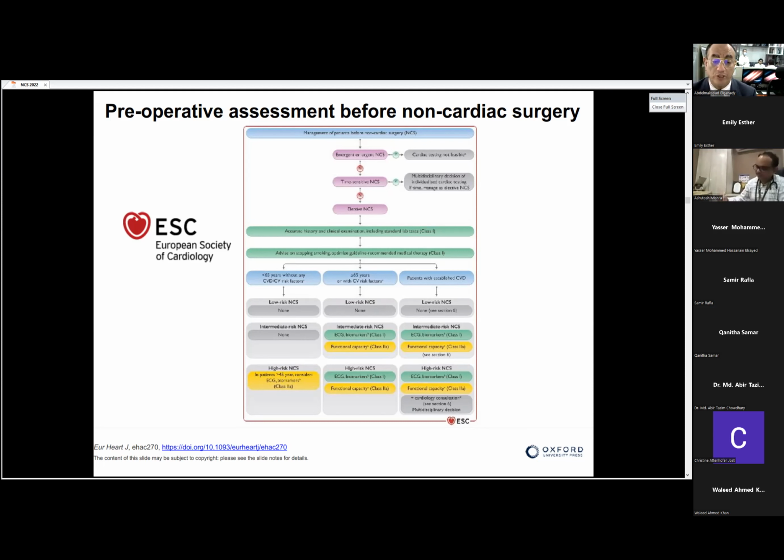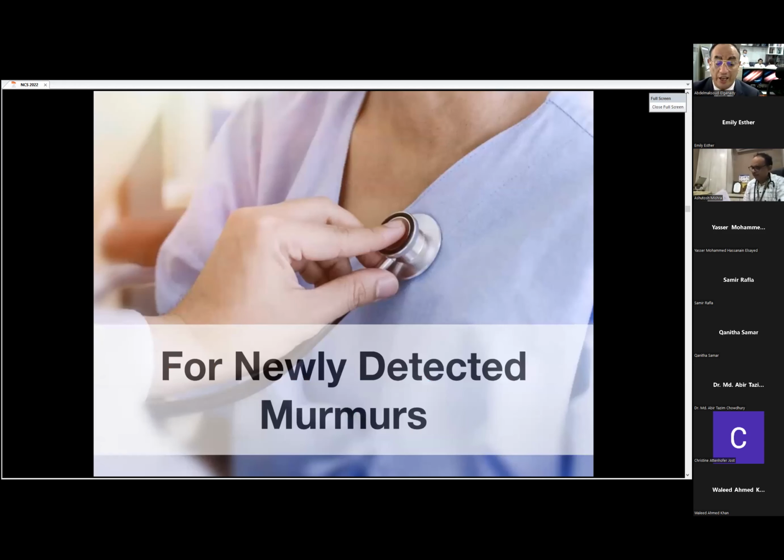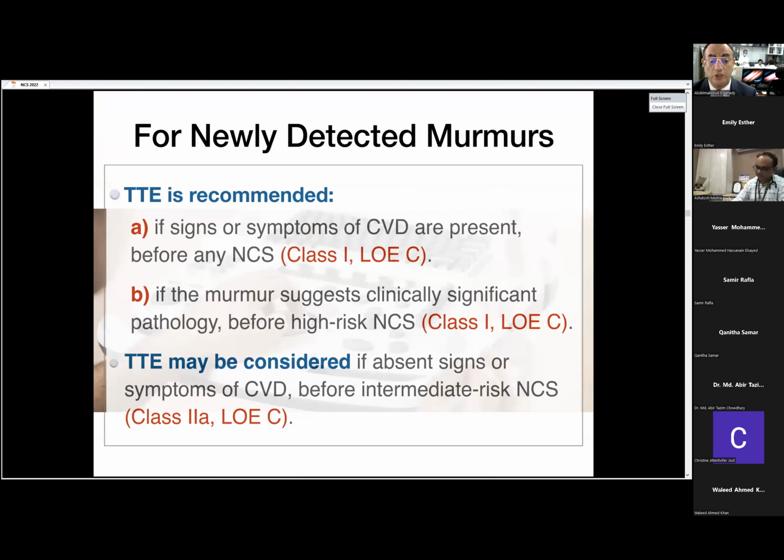groups as we mentioned. So this is a preoperative assessment in a patient with a newly detected condition, like if you examine the patient and you detect a murmur on the heart. In this situation, the guideline recommends echocardiography, class 1 level of evidence C, and if the murmur suggests clinically significant pathology, class 1 level of evidence C also. Transthoracic echocardiography may also be considered in the absence of signs and symptoms of cardiovascular disease before intermediate and high risk